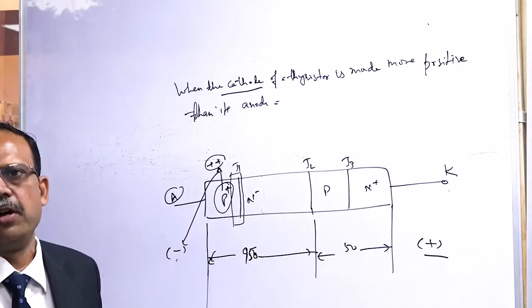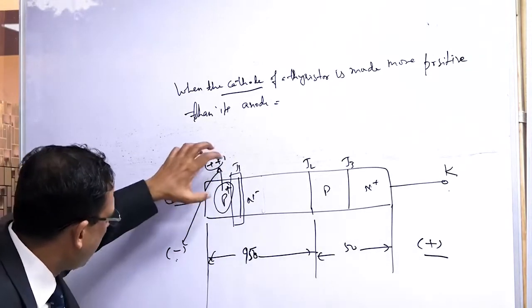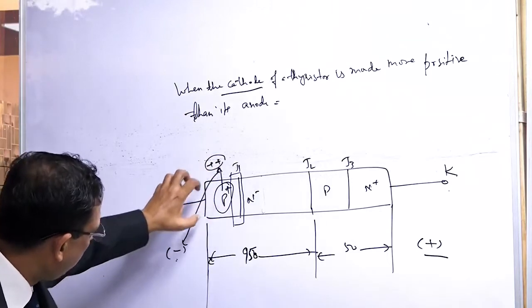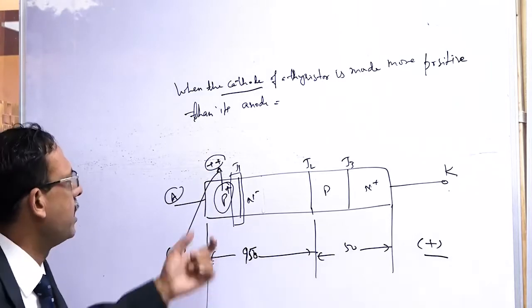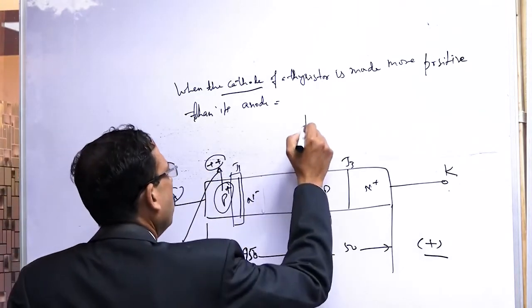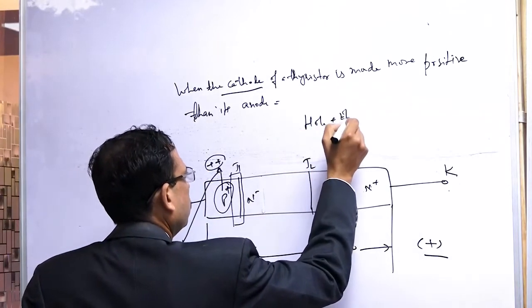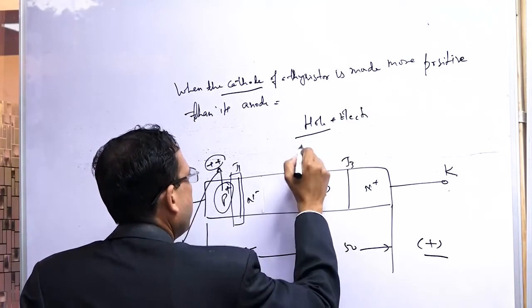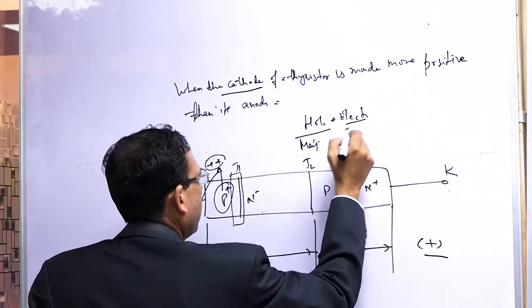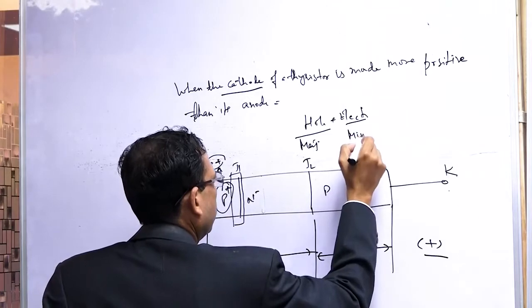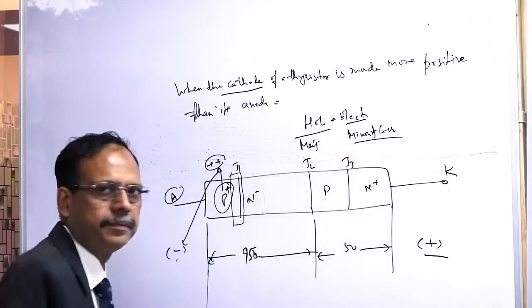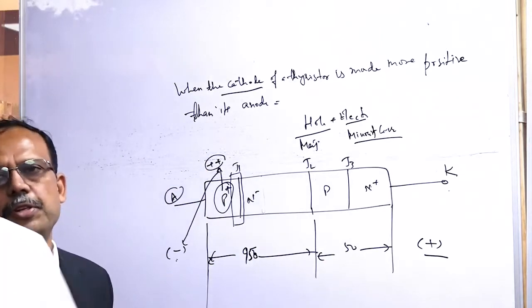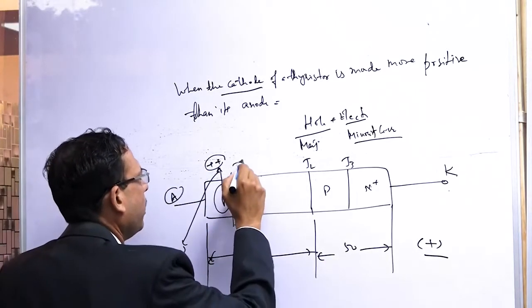No, Bagulji, you are wrong. This P is holes. P are taken out. All the P's will be taken out. The majority, what will be the left out? Because any semiconductor will be having holes plus electrons. Holes are the majority, electrons are the minority carriers, isn't it? Electrons, yes. So more electrons will be here.